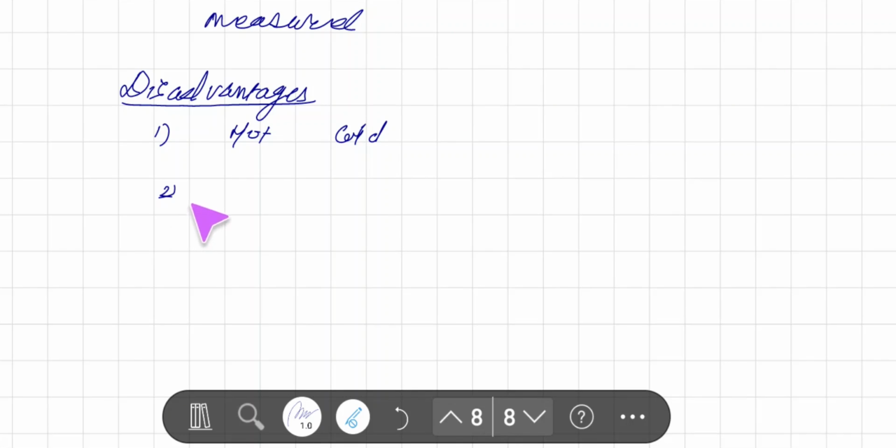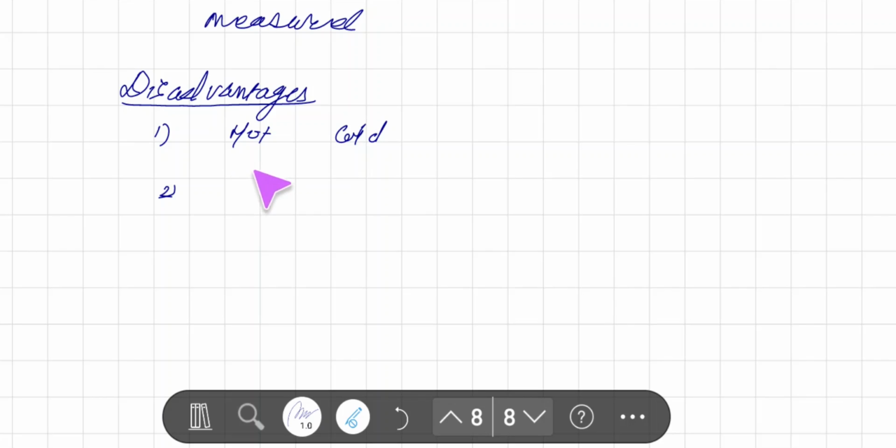Second, as the output is in the millivolt range, the millivolt level output requires additional complexity of carefully designed electronics, both for cold junction reference and amplification of small signals. So as the output level is very small, we need to design the circuit accurately and carefully so that it can be properly measured. Third one is, the low voltage signal is susceptible to noise, and obviously interference from surrounding electrical devices creates a problem while measuring the voltage. So that is another disadvantage.